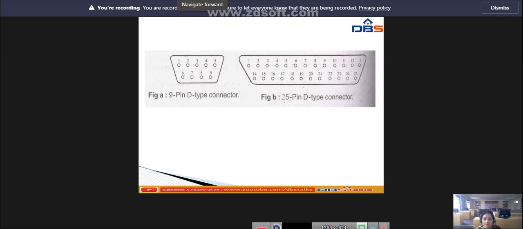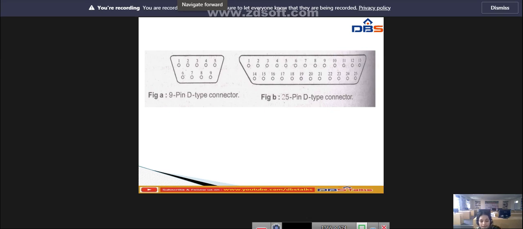In RS 232, user data is sent as a time series of bits. Both synchronous and asynchronous transmissions are supported by the standard. In addition to data circuits, the standard defines a number of control circuits used to manage the connection between DTE and DCE, since the transmit data and receive data are separate circuits. The interface can operate in a full duplex manner, supporting concurrent data flow in both directions.